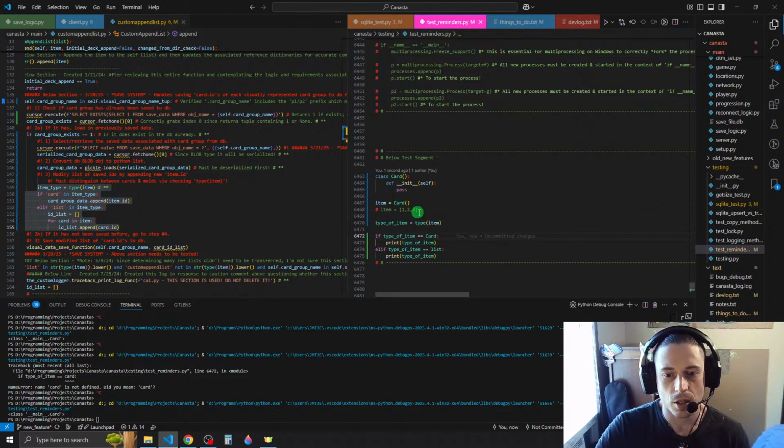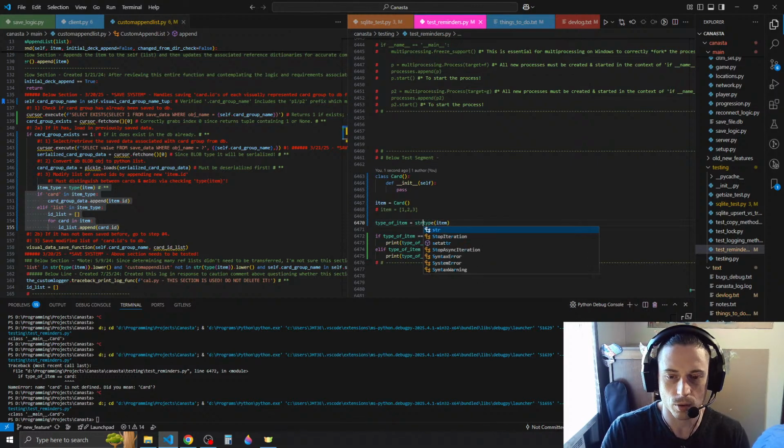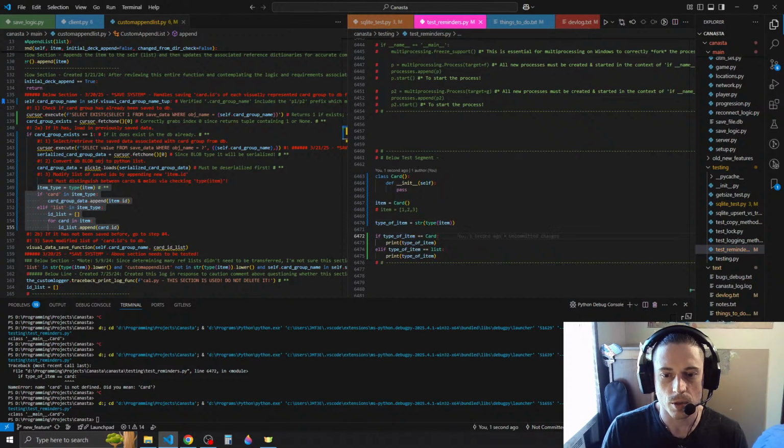What if we did this? Because I just want to make sure this works. Type of item equals type of item. If we converted this to a string first, and then we said